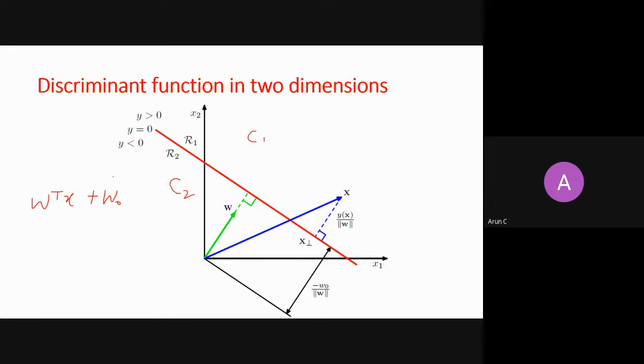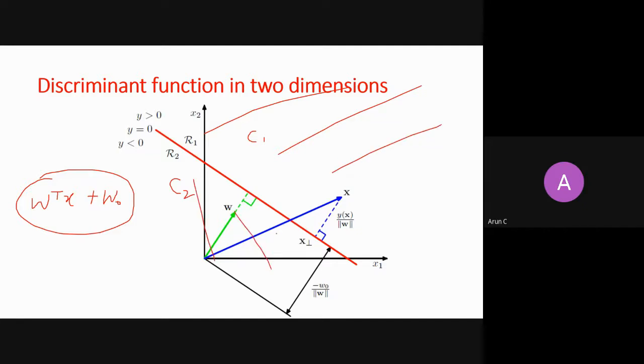So the main motive here is to find the hyperplane, and this hyperplane in itself is the discriminant function. All those x which are above the hyperplane belong to class 1. All those x which are below this hyperplane are class 2. So for a binary classification problem, my discriminant function is nothing but a hyperplane. I hope this is clear to you. Fine.